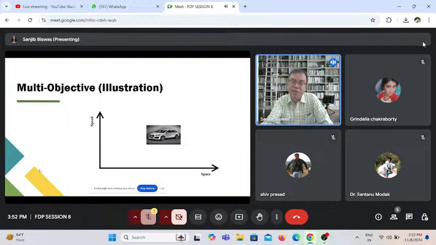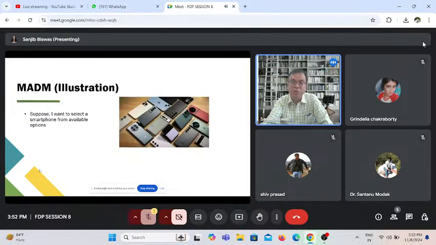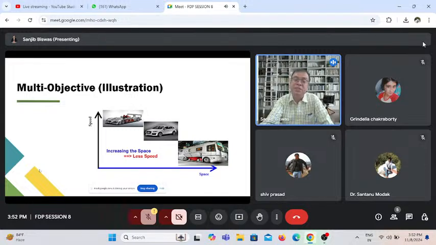It is better illustrated with this picture. You have speed and space, two aspects. If we want to increase the speed, then the possible choice is a Ferrari, the highest speed in the field. If my consideration is space, then I go for a bus, a Volvo bus. But if I want to satisfy both speed and space, then I should select the middle one, the Mercedes car. That means multi-objective optimization is basically satisfying the conditions under constraints, and we come up with a great design.